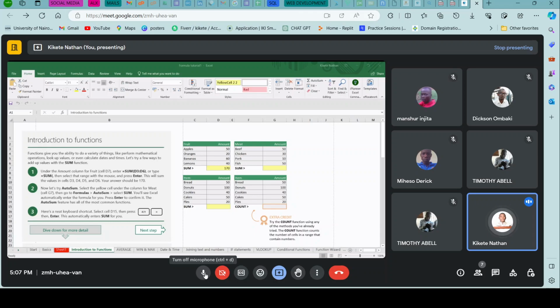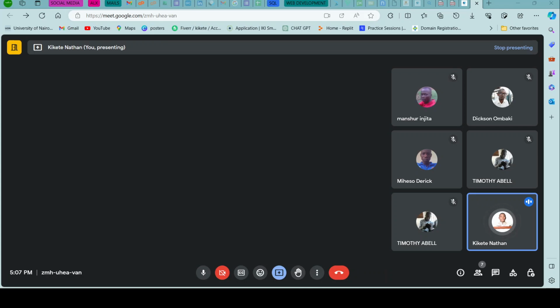Now, when we start with the sum as an argument, it is used to add more than one parameter. It gives us the total amount of the parameters that we are adding into the cells, maybe from a cell range. So it gives us